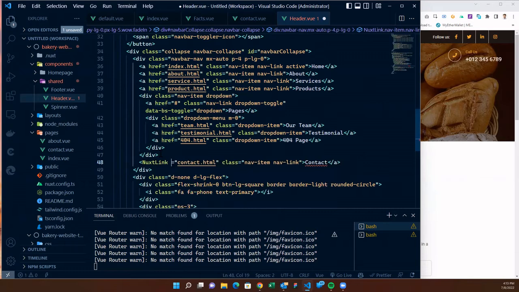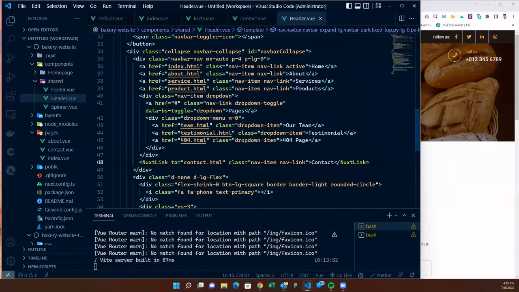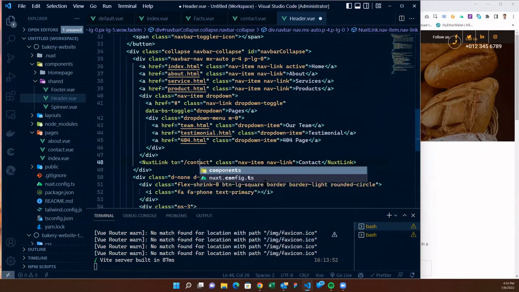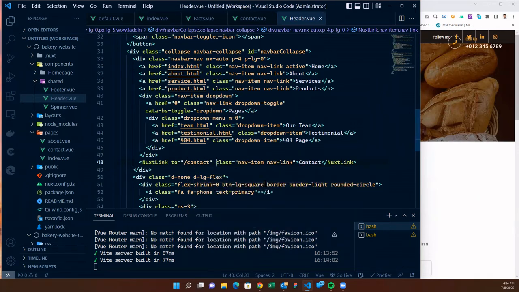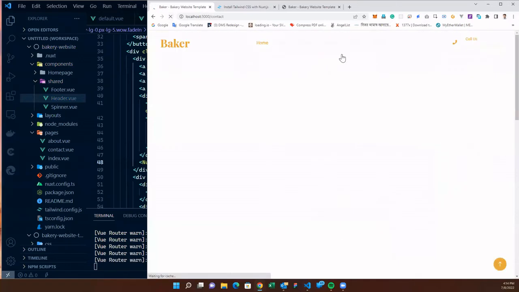Like this. This href will become to. And then NuxtLink, like that. You've got that contact.html. Do we remove that? Yeah, we have to remove it, and we just have to add a slash before it, like that. If we now refresh it and go to